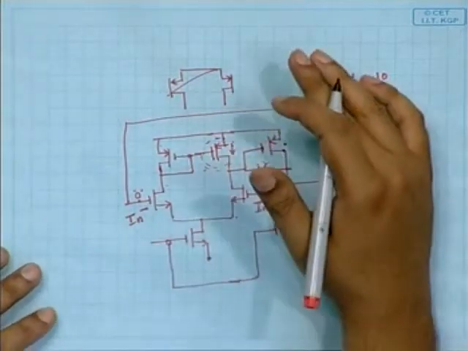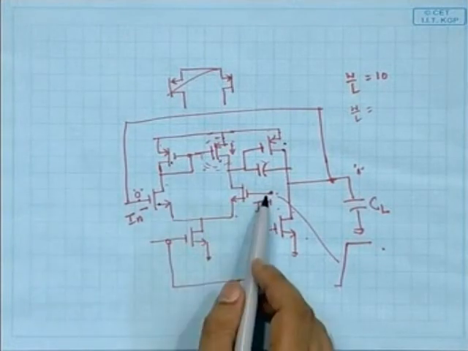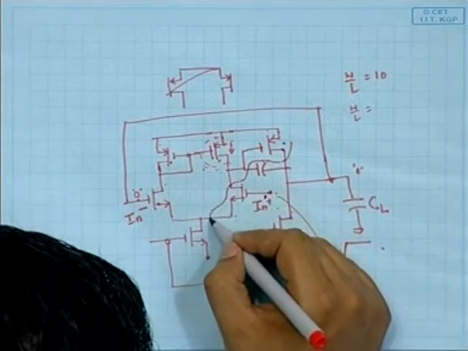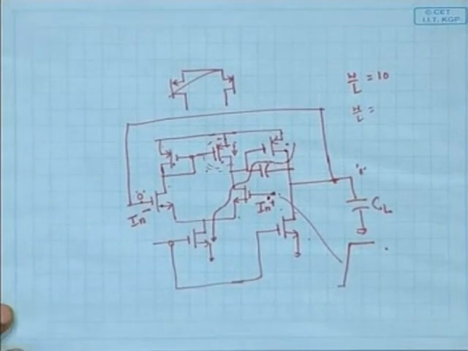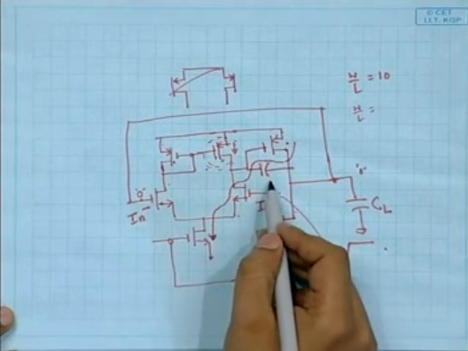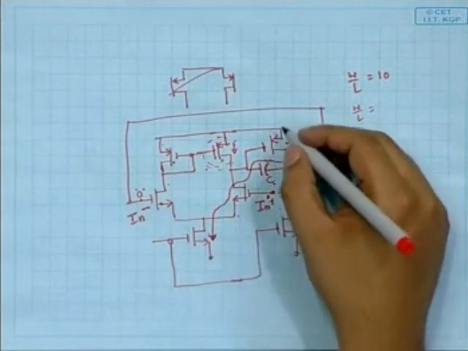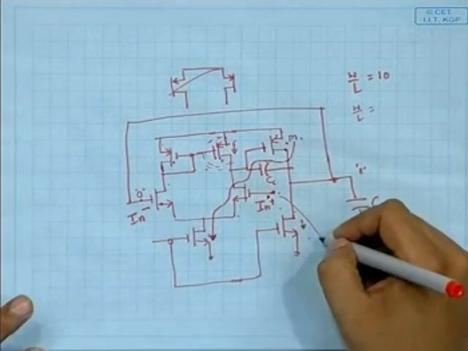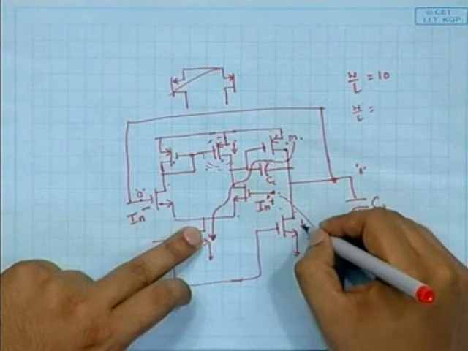When this large signal comes, this one is off, this one is off, this one is off, only this one is on. So the current will flow in this way initially. High current will flow through this path, no, not the gate, to the compensation capacitor. And initially this transistor should carry, so there is some tail current here, this huge amount of current along with this current.